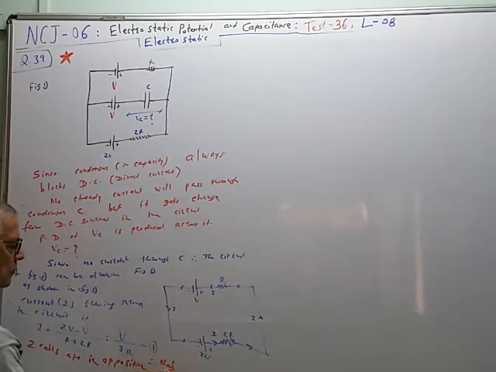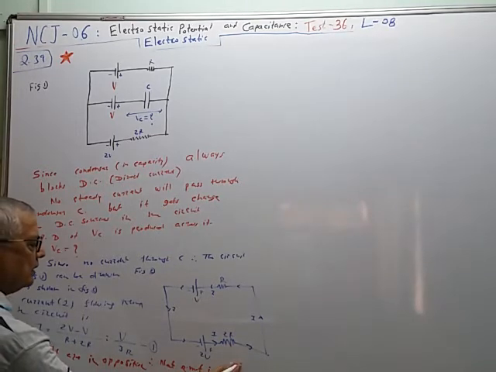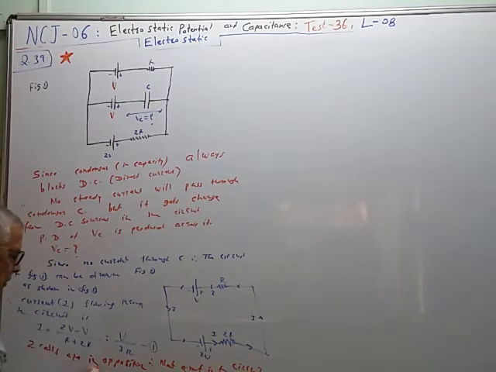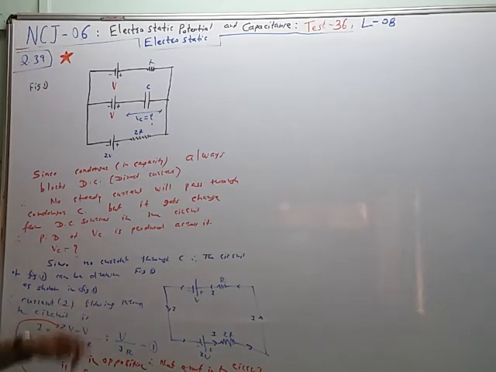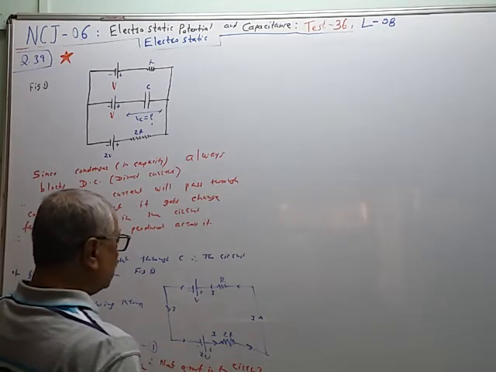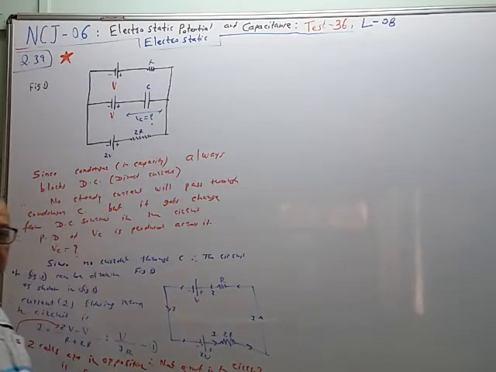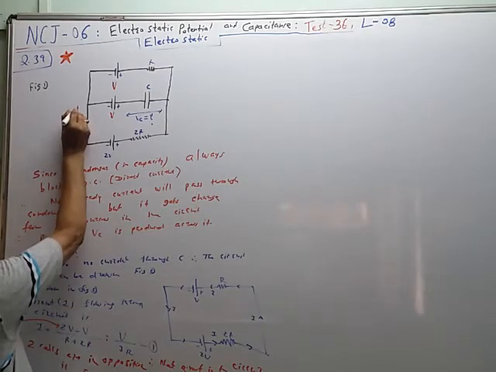Therefore, net EMF in the circuit is E is equal to 2 times V minus V is equal to V. So this value we have used here, 2 times V minus V, and resistances are in series, therefore R plus 2R is equal to 3R. So this much current is flowing. So this is equation 1. Now we know the value of I. Now what to find is the potential difference. So I will denote these two points by A and B.